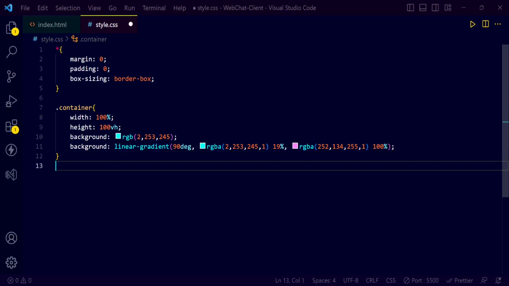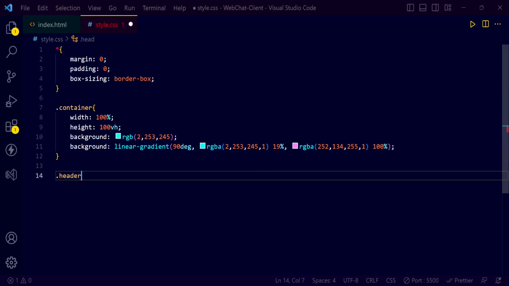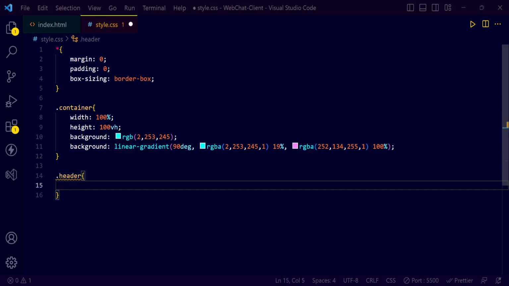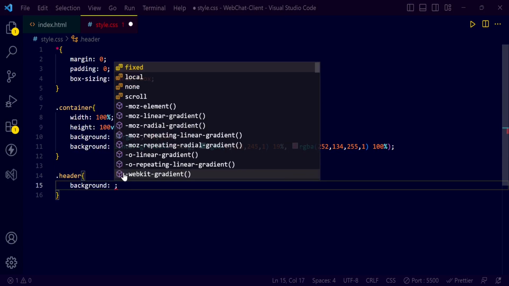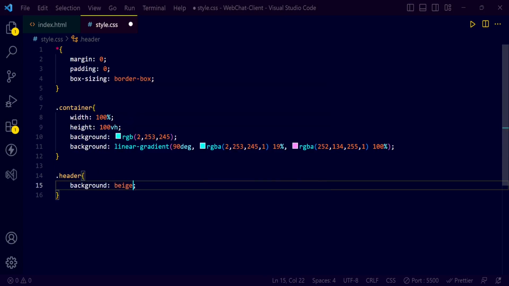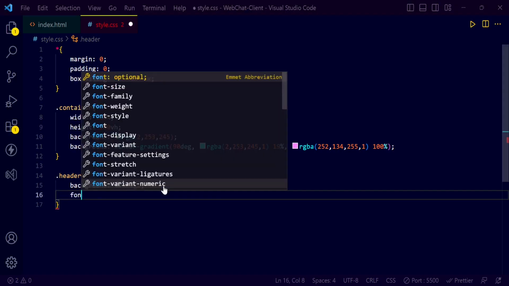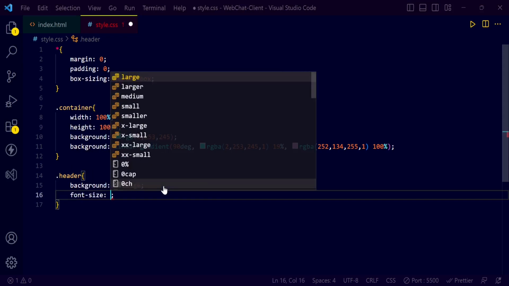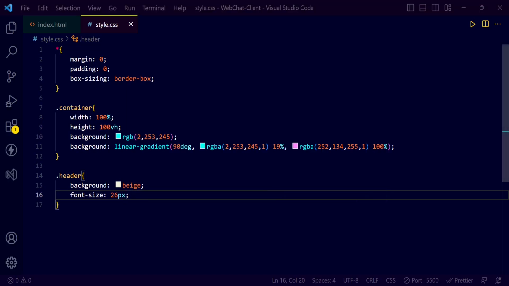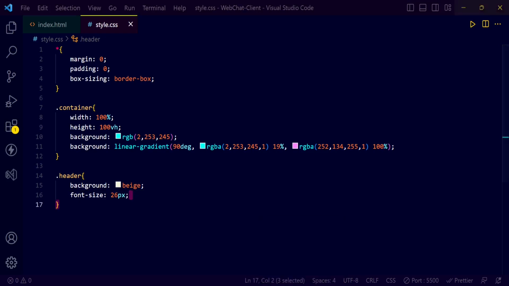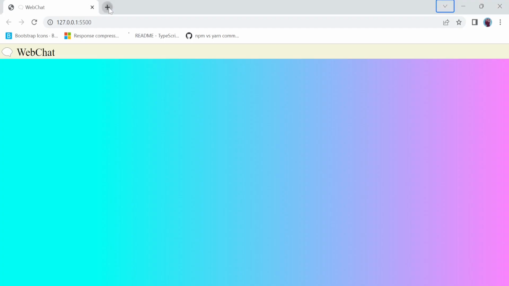Okay, now let's define some CSS for the header here. Let's just set the background, let's say beige. Okay, so let's define the font size as 26 px. We can adjust it later, but I want to do one more thing, that I need a